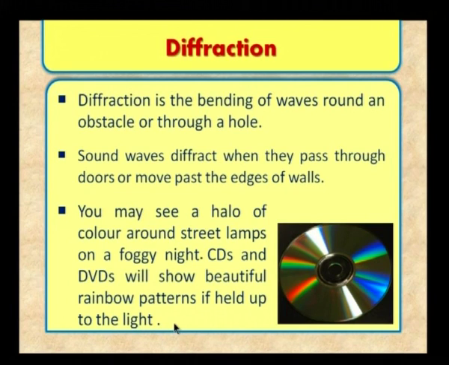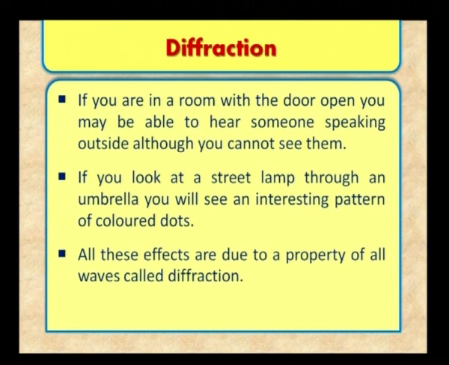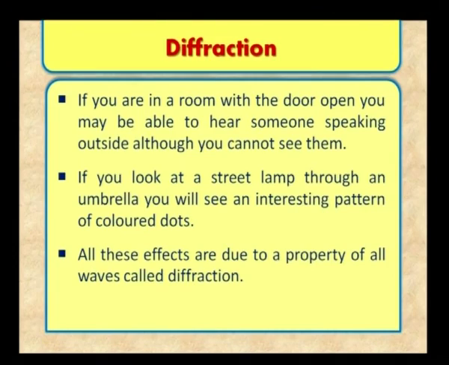This is due to the phenomenon of diffraction. Sound waves diffract when they pass through doors or move past the edges of walls. That is what I told you. You have a wall here, and sound waves will undergo diffraction. Similarly, light undergoes diffraction. That means light behaves like sound waves. They are different in nature, but anyway, you should associate wavelength nature with light radiation, then only you can explain